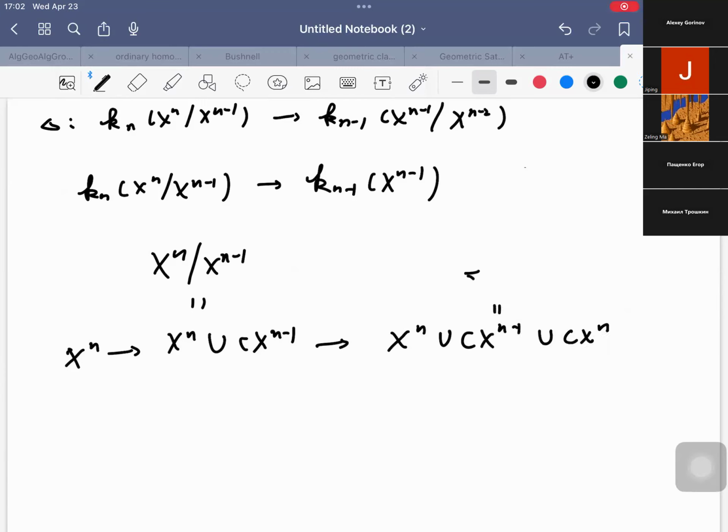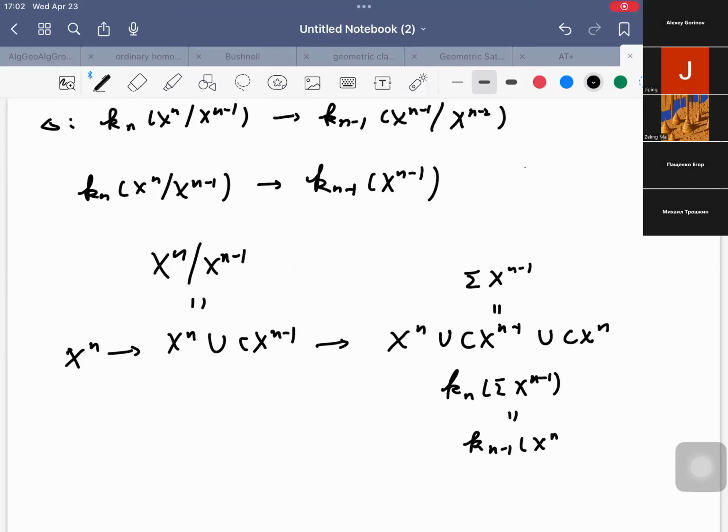This is the suspension of X_{n-1}, and then you take the ordinary cohomology. This part is, well, the easiest